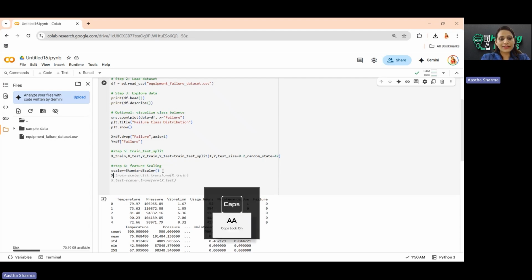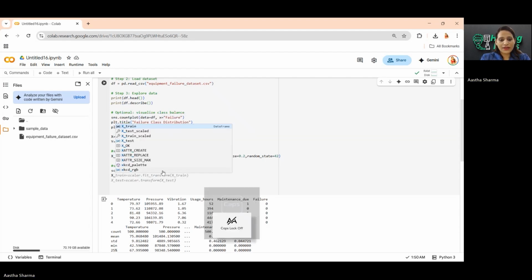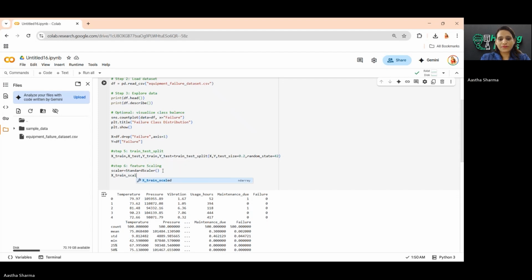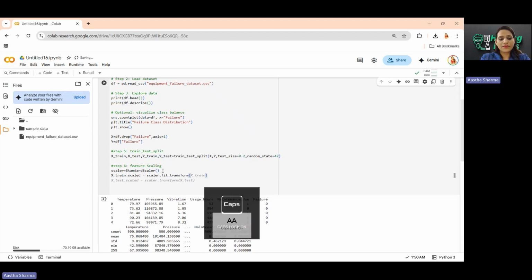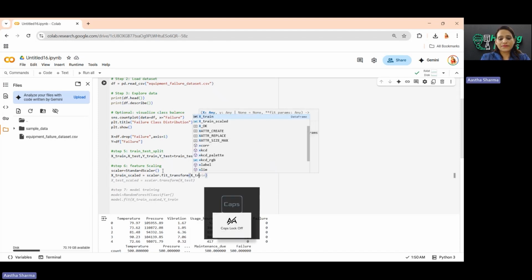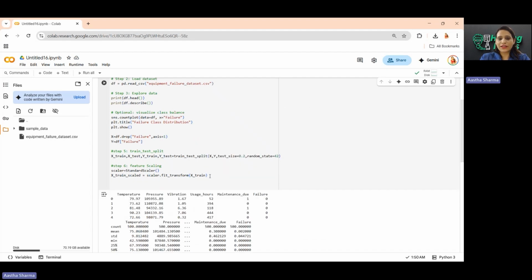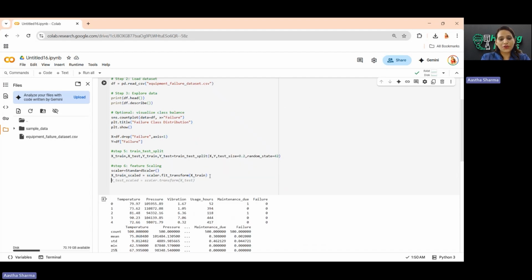Once you have done that, X train scaled, and what is going to be that? scaler.fit_transform X train. So the same way which we have done in the previous class,